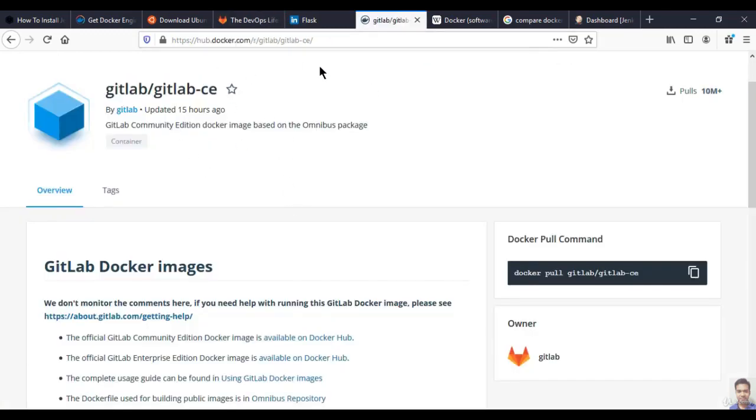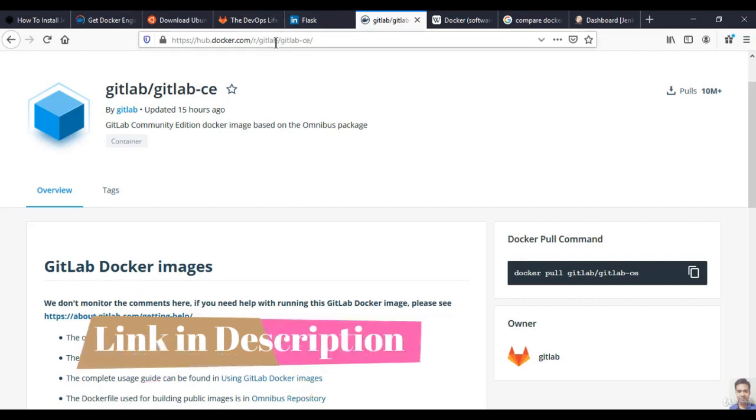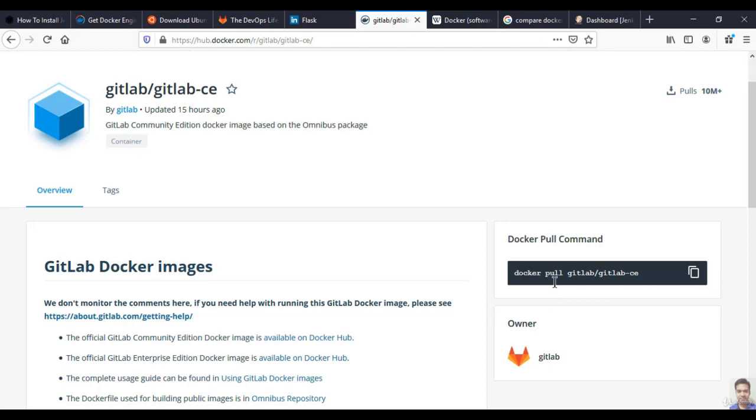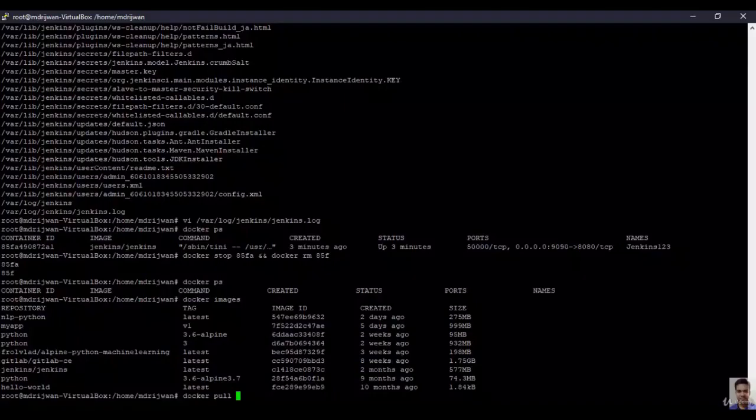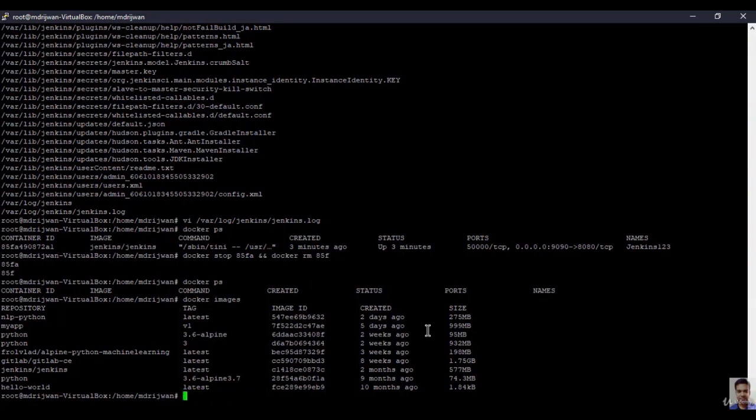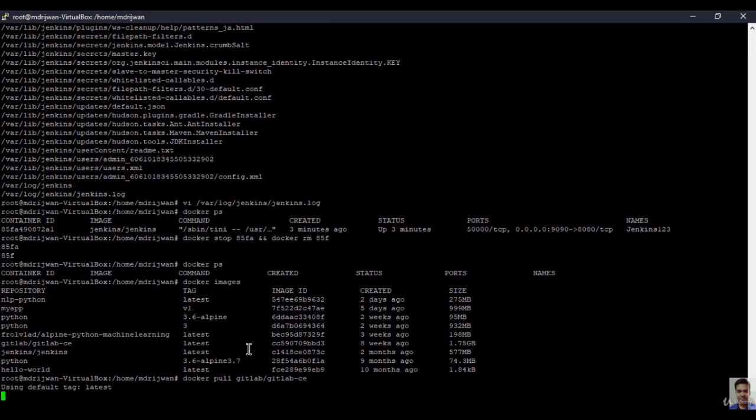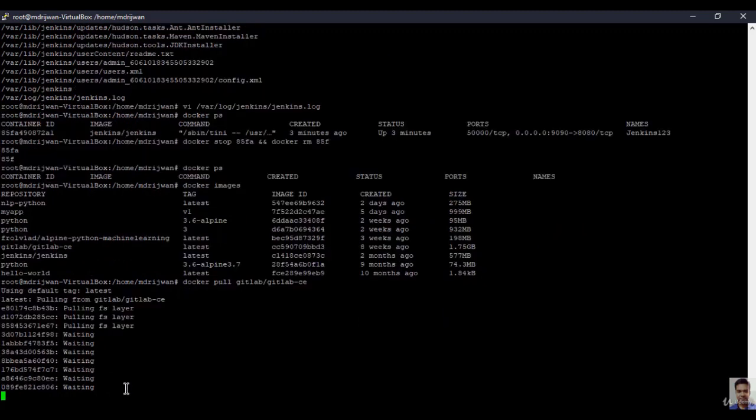Just go to Docker Hub and search for GitLab community edition, and the Docker command for pulling that GitLab image from Docker Hub is given here. Just copy it and paste it here. I have already installed it, so maybe it won't